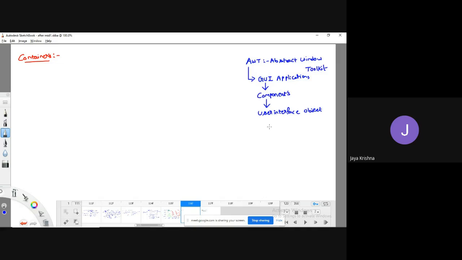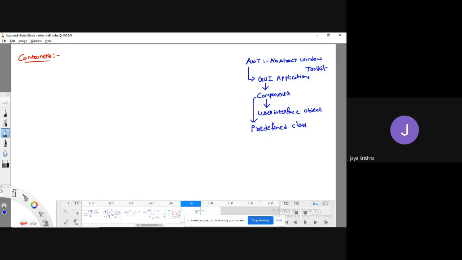All of those come under components. Whatever components we have, all of them have a predefined class of their own. Am I right or not? In the last class, I have already clearly explained.